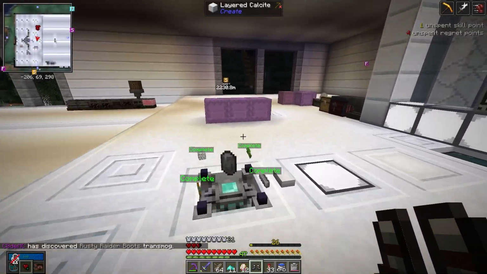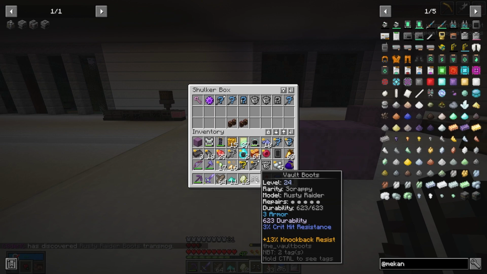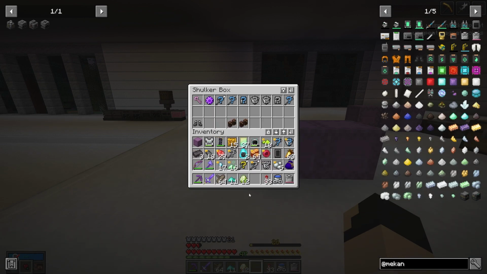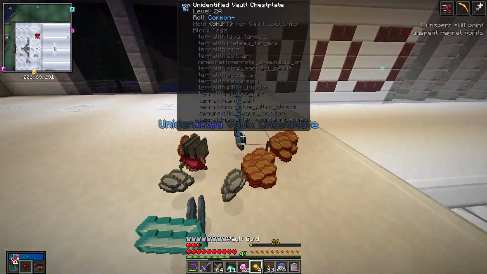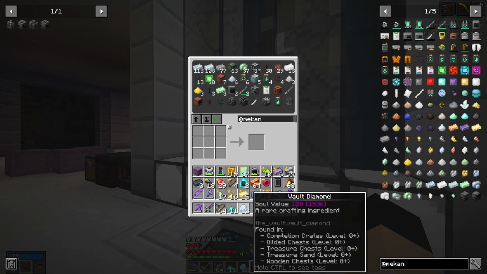Goodness. Okay, well, I got some new boots here. So, oh, we also have a bunch of unrolled gear here we need to get rid of too. Some level 24 boots. Scrappy. Those are horrible. 3 armor. Yeah, no thanks. I'm going to throw this other unrolled armor up into here so we can pick up everything else. So we don't leave anything. There's a chest plate there. I just have so much stuff. Look at this. So, a bunch of...